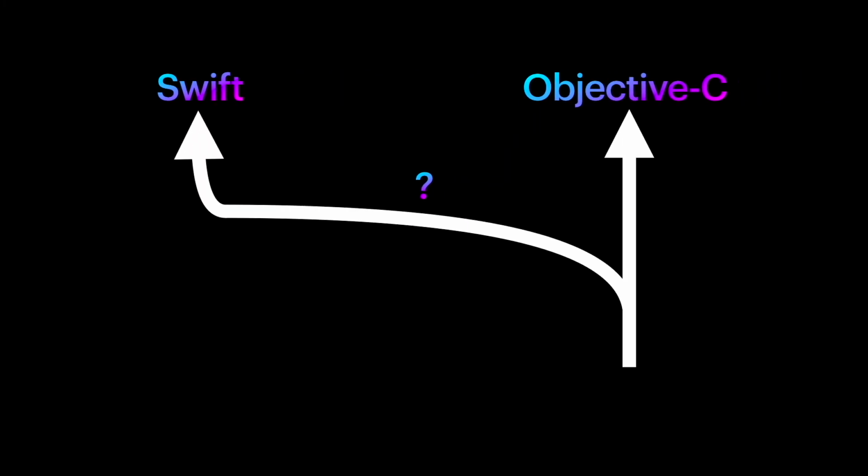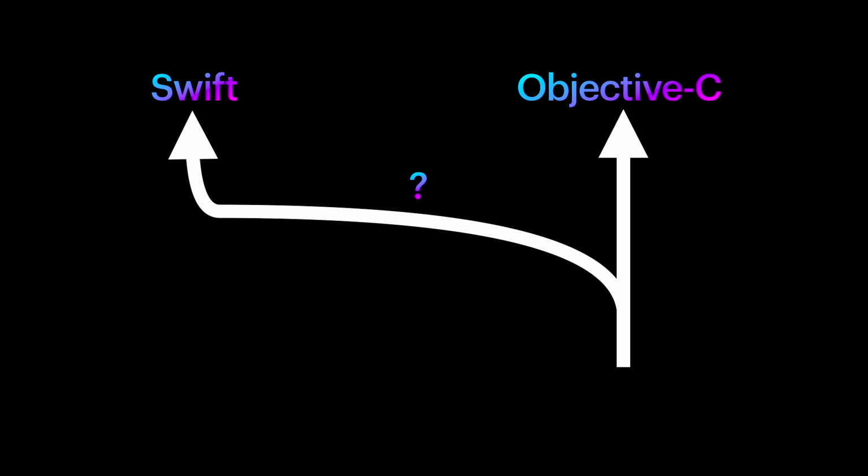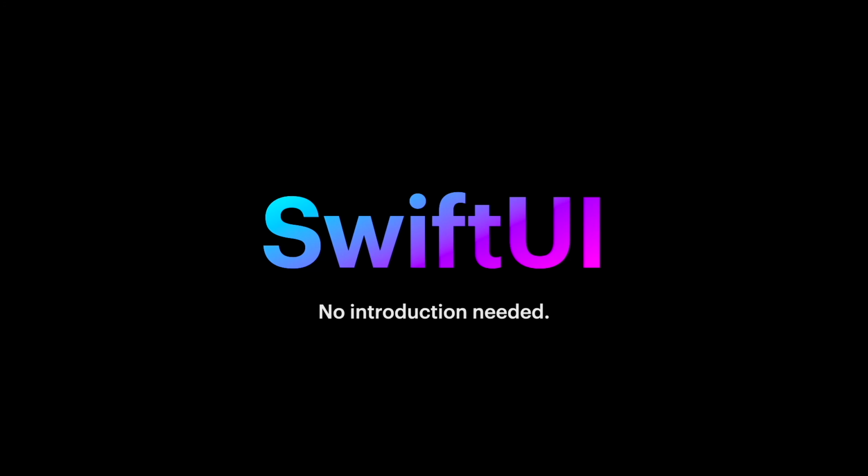Now, we're missing this piece in the middle, and there's just something missing. And as we develop Swift into its own fully functioning language, it gets the push that it needs. And that push comes in the form of SwiftUI. SwiftUI is that final brick in the wall between Swift and Objective-C. In other words, it's the last little wedge that pulls them apart and makes Swift a functioning language on its own without the need for the low-level Objective-C code to hold it back.